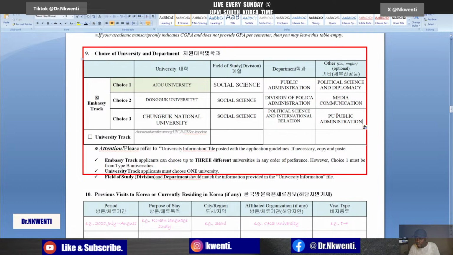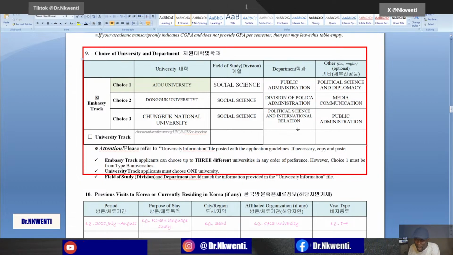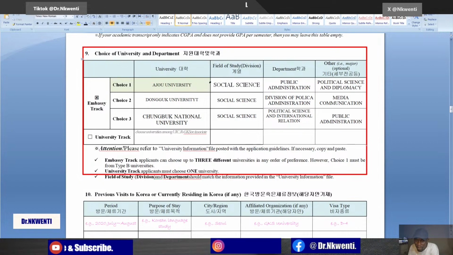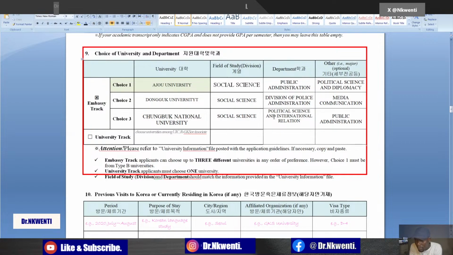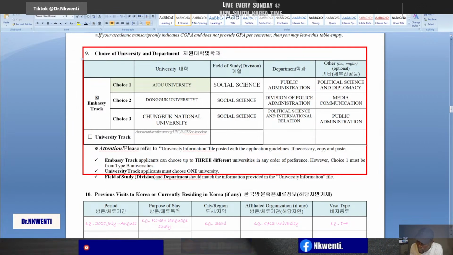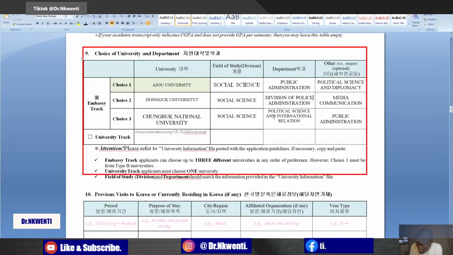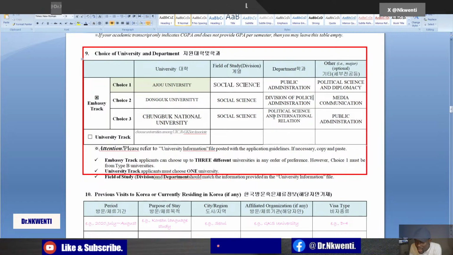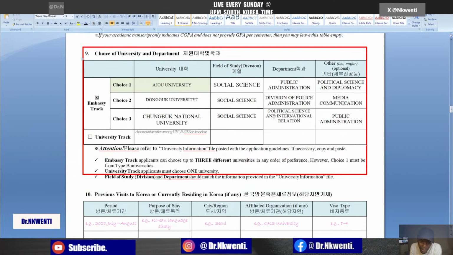Now let me explain my choices. If you look, you would notice that all of the fields are the same. Social science, and then public administration, you select Aju University Public Administration, and then you go to Dongguk University, you select chemistry, and then the third one you select maybe biology. It doesn't show any correlation between the different majors, and it is going to be a problem, because when you